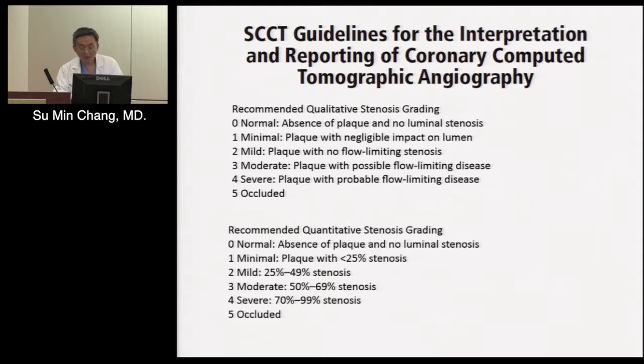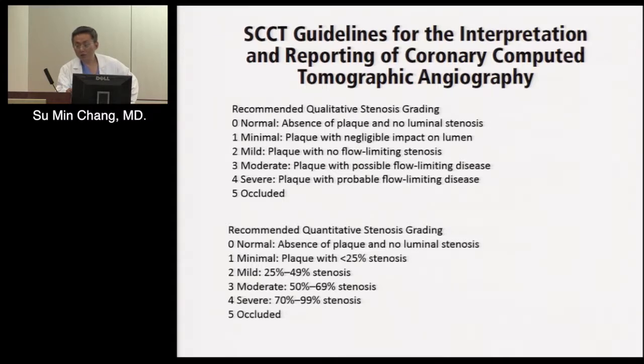And severe is when you're really confident that the lesion is, and when you cath this patient, probably most likely to be 70 to 99%. But we call it occluded, okay? That's another caveat of CT. Remember, when we image the heart, we're only taking a snapshot of the coronary artery, and we're doing it in arterial phase. So if you have a segment, especially if it's short, where you don't see any contrast, but then afterward the vessel appears again, CT is not that good at saying this is total occlusion